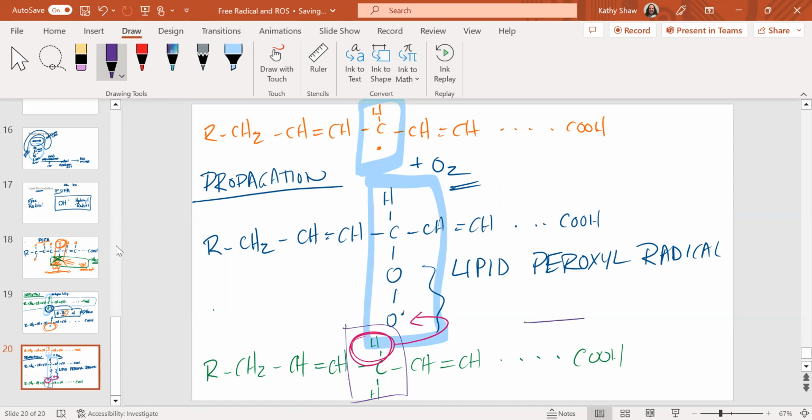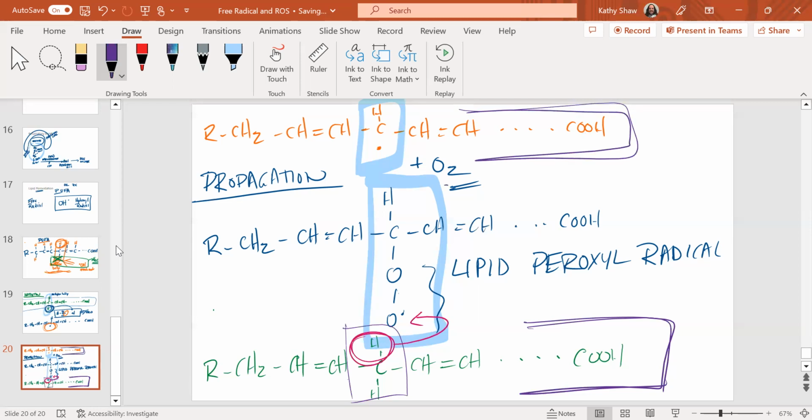So what it in effect did is turn this molecule that had its two hydrogens into this one. So it'll go and find another oxygen, make this, find another fatty acid, steal a hydrogen, back up here,